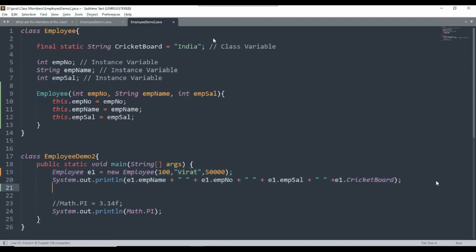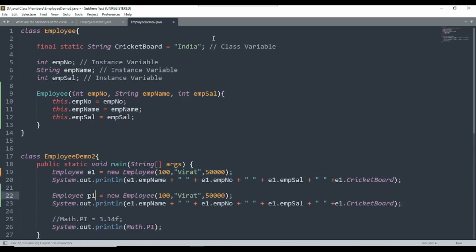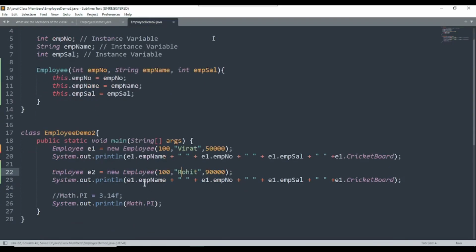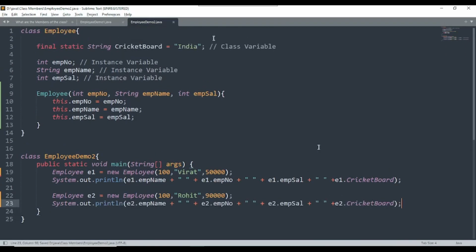I am just copying the line, creating another object e2, and changing the values, say for example Rohit and 90,000. Then e2.employeeName, e2.employeeNumber, e2.employeeSalary, and e2.cricketBoard. So now we have two objects, e1 and e2, and the values of both objects are different, because we have initialized these values by using the parameterized constructor.